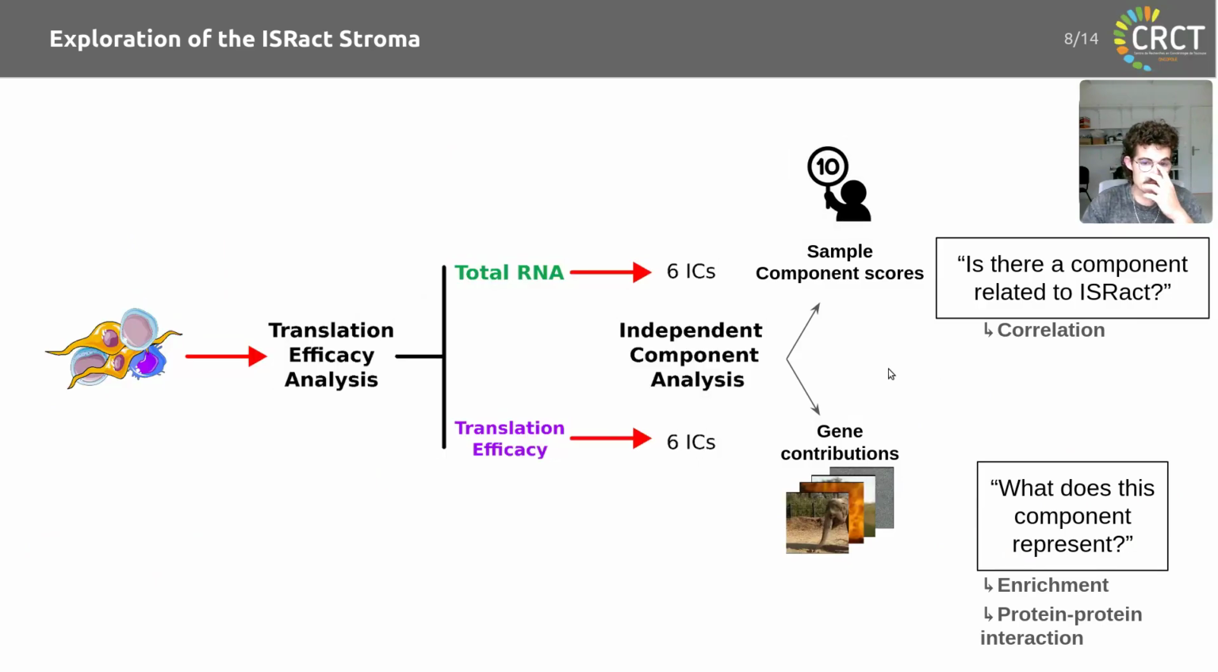For this, in my PhD, what I've been trying to do is to characterize this stroma using transcriptomics and also looking at the translation efficacy. In both cases, applying ICA and looking first at the sample component scores to see if there's a component related to ISRACT, and then looking at the gene contributions, trying to characterize what the component is actually